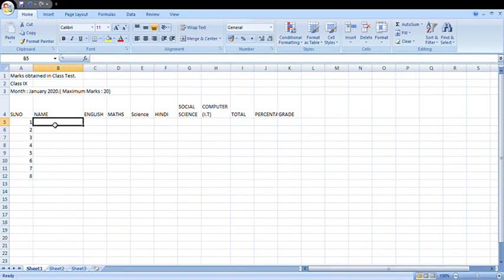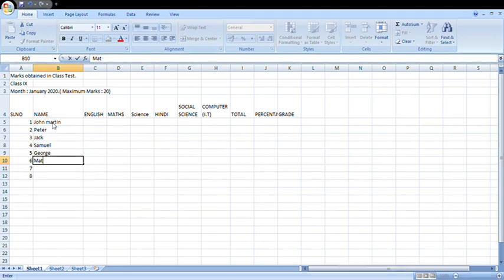Suppose you're writing John Martin, then Peter, Jack, Samuel, George, Matthew, Jackson, Peterson. After that, you just enter the marks.